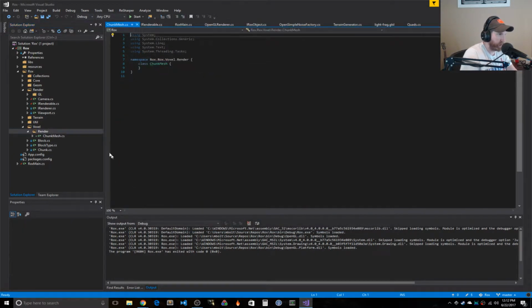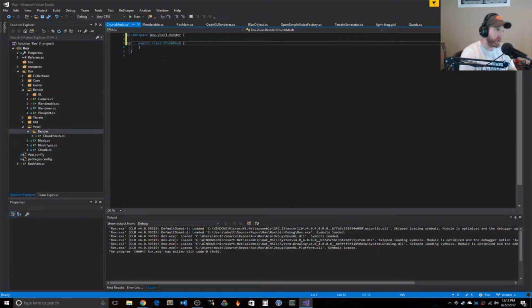And this is going to be representative of our renderable object, our renderable chunk. We're going to make it a little bit different because we want it to not have a transformation and all that. I mean, it will eventually have a transformation, but